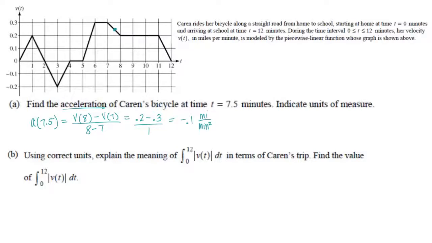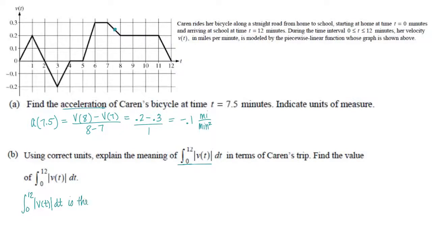All right, so now let's look at the next part. Using correct units, we need to explain the meaning of our integral from 0 to 12 of the absolute value of v at t, and we also need to find that value. All right, so starting off, we do need to explain that if we're going to look at the integral from 0 to 12, absolute value of v at t dt